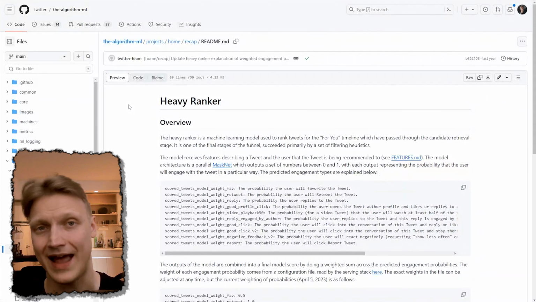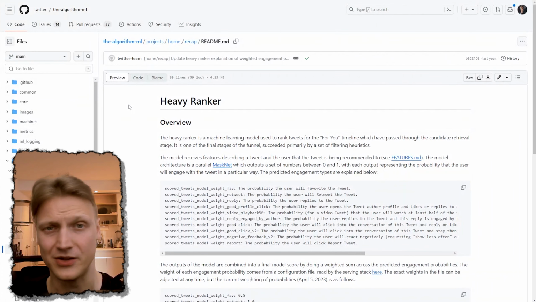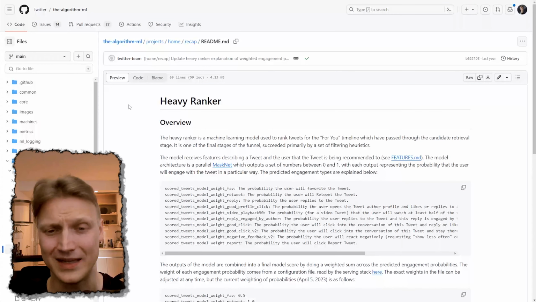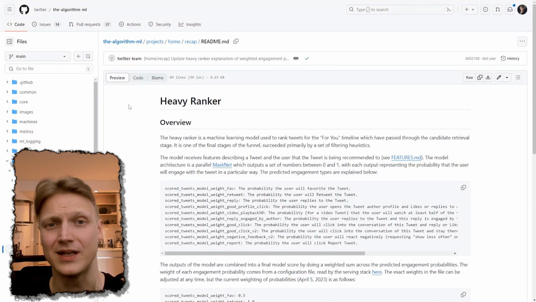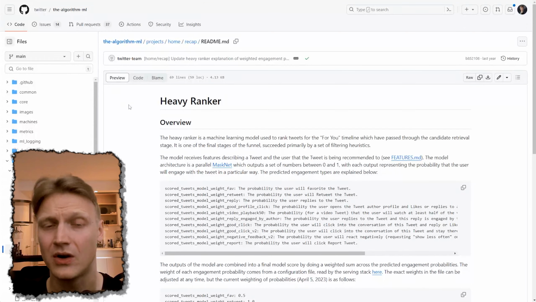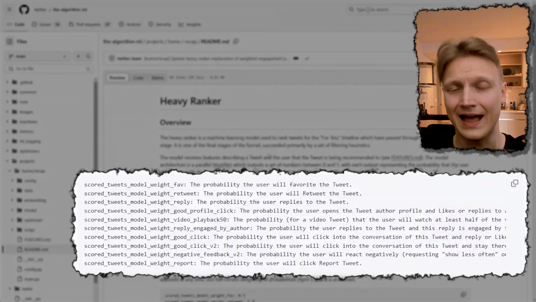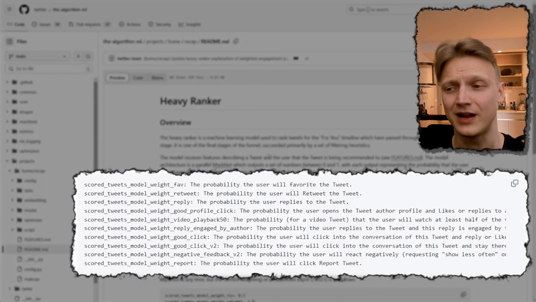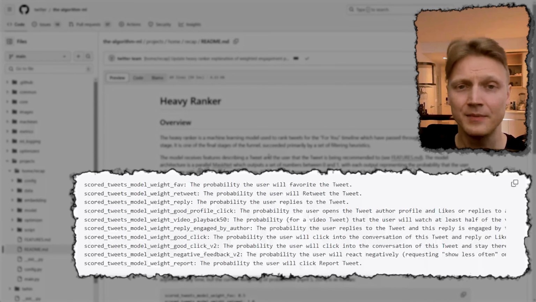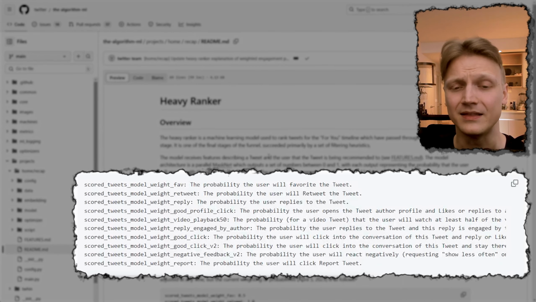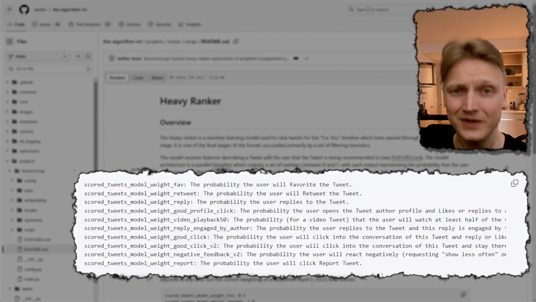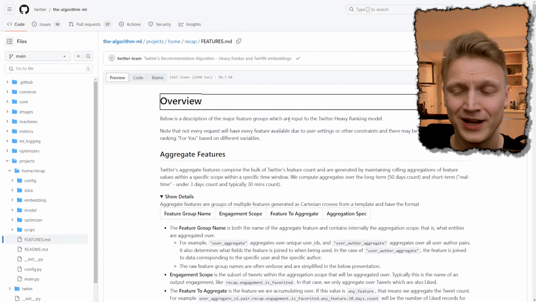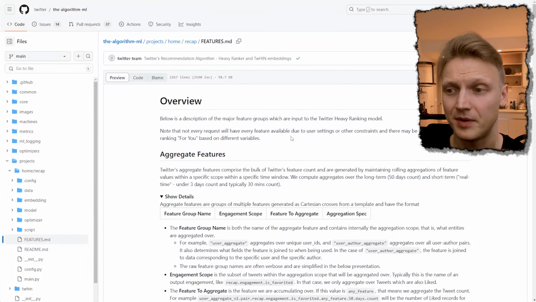But let's go into the heavy ranker, because that plays a significant role in calculating the score across all of the candidate tweets to establish an order in which they're going to be fed to the user, if ever at all. At this point, candidate tweets go through the inference process of the model that has been trained on a bunch of features to optimize for the highest probability that the user will engage with the tweet in a certain way. Now let's go see all of the features that the model has been trained on to estimate those probabilities.